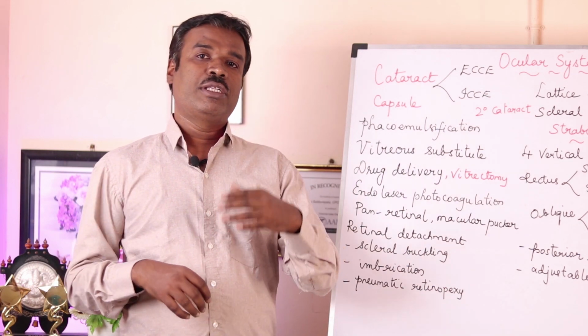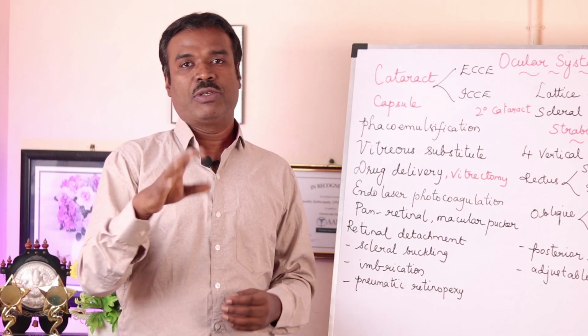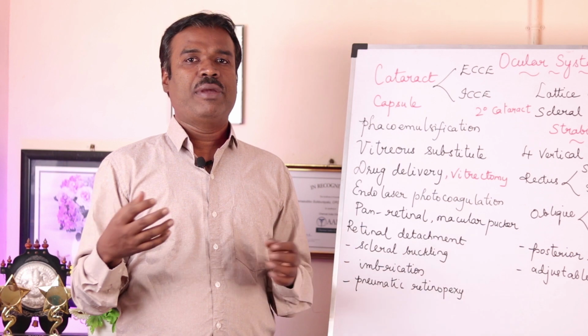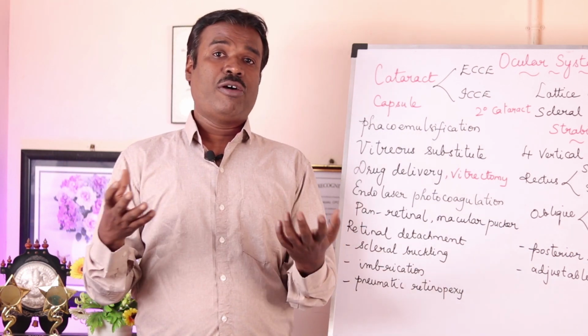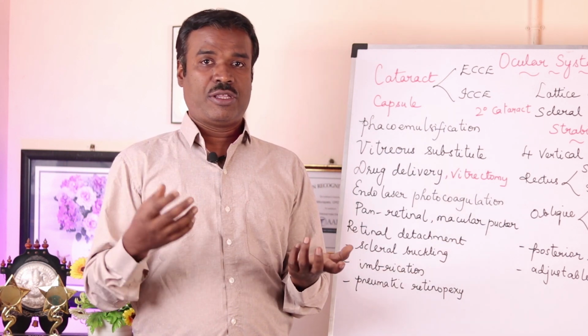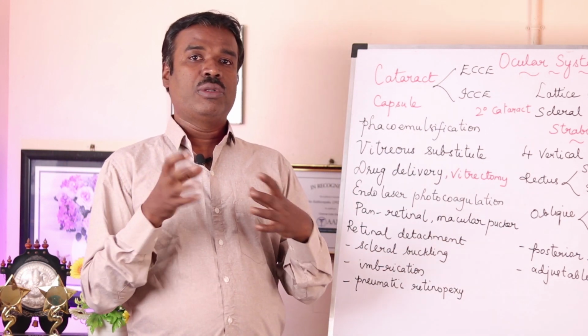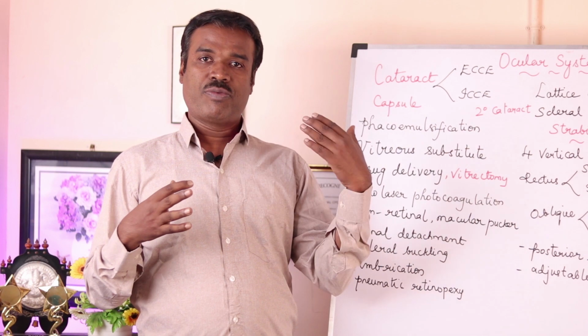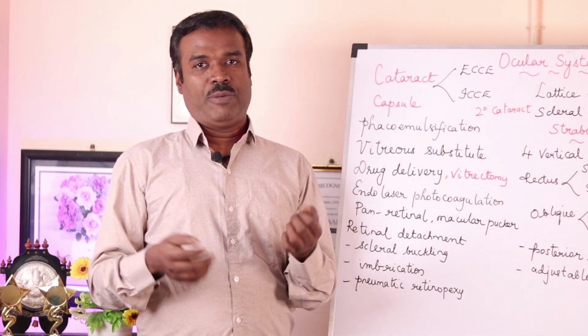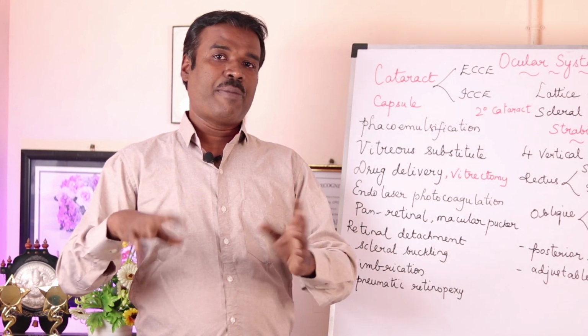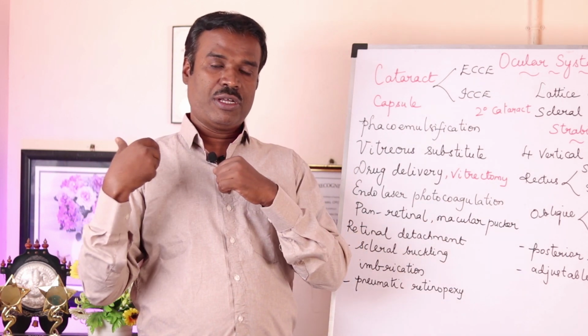Now we are going to see the structures that are posterior to the lens, which is the vitreous. It can be a case of vitritis or posterior vitritis or endophthalmitis or retinitis, right? Now we are going to the pathological conditions that take place within the eye posterior to the lens, say the vitreous humor. Vitreous is affected, so vitritis happens, so they'll have to remove the entire vitreous and they'll